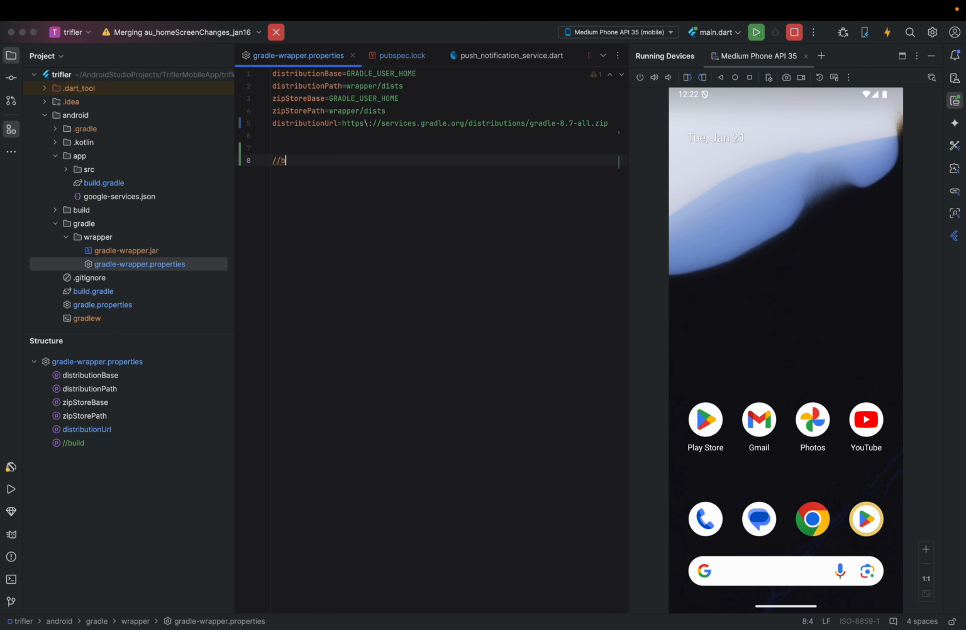build.gradle, both app level and project level. Second, the Java version. If your Java version is not compatible with the AGP which you are using, then here your